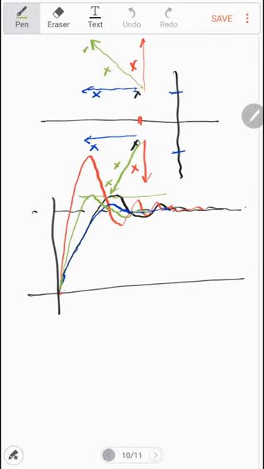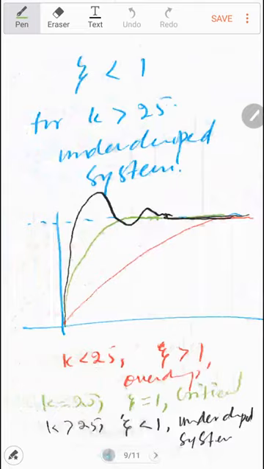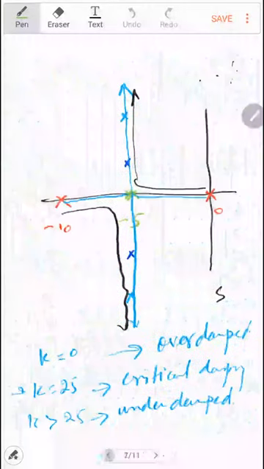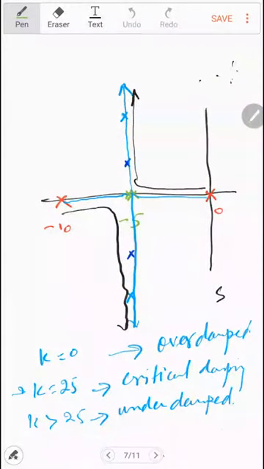So there are some rules for plotting the root locus. You see that in this one we have some poles, and as we increase the gain, the poles change their location and then they move toward each other. So we will have developed such a system in which we can easily say how the poles will change their location if you increase the gain of the system.